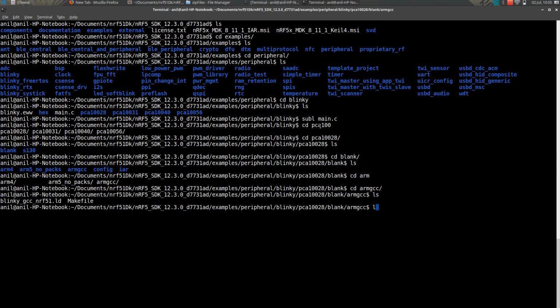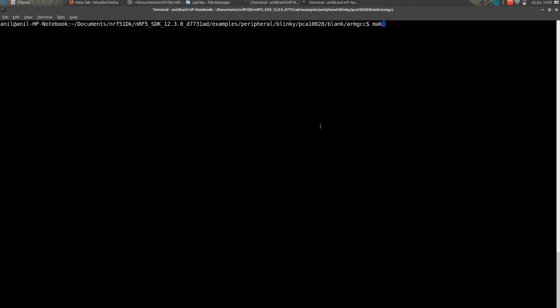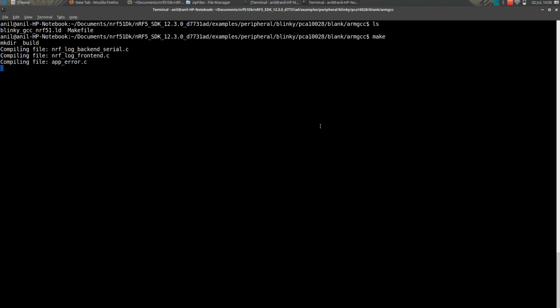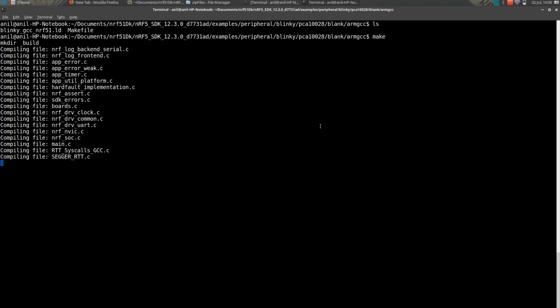Here you can find a makefile. The makefile is used to compile that C code I showed you before and generate hex files. To do that you need to type make. This will generate the hex files which are used to program the board.